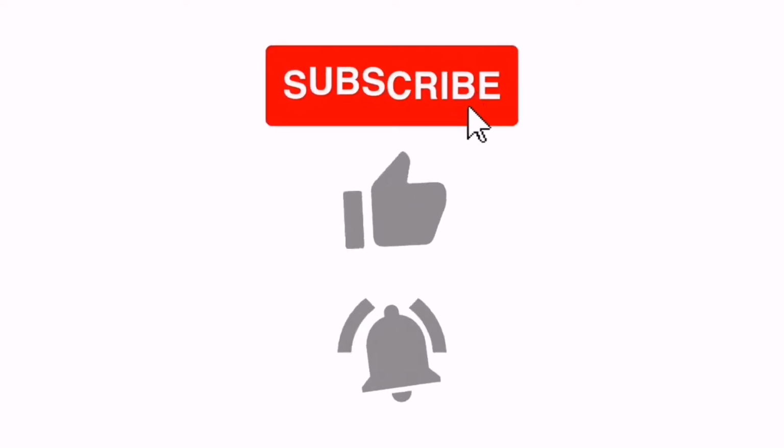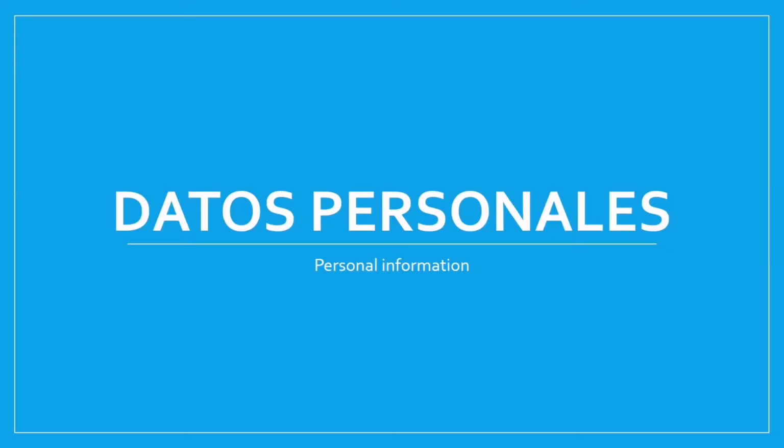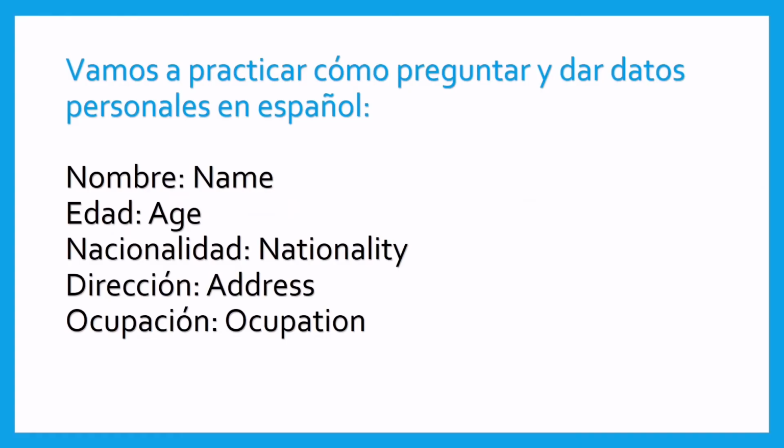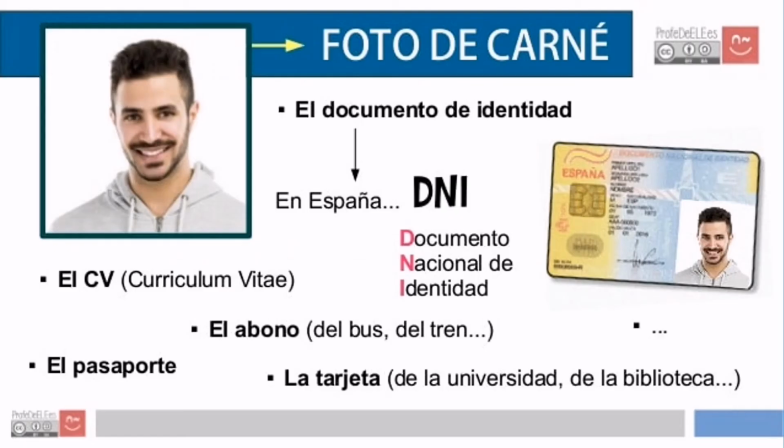So, today we're going to talk about personal information. It's datos personales in Spanish and how you share your personal information with others. So, we're going to talk about how you say your name, age, nationality, address, occupation, all that kind of stuff in Spanish. So, first of all, here are some keywords that you might want to know and might want to use